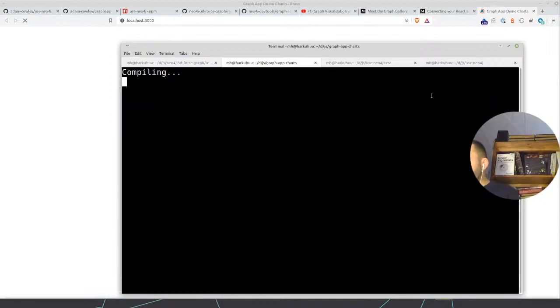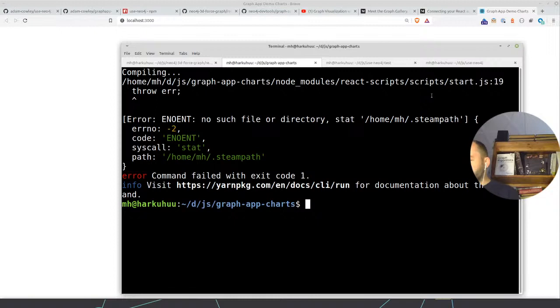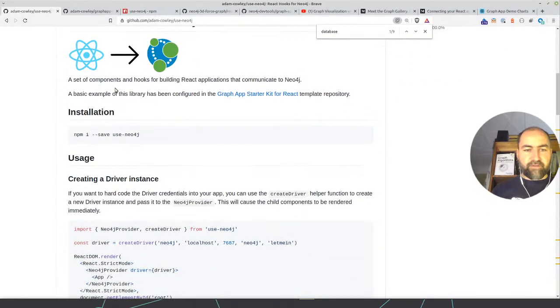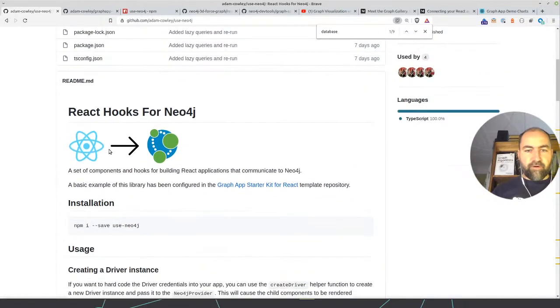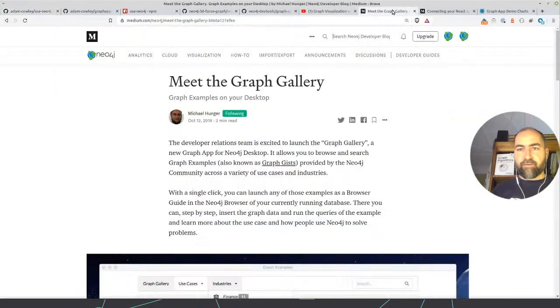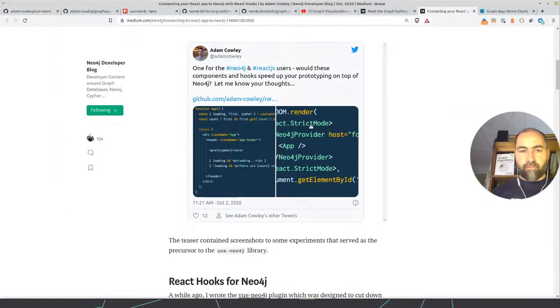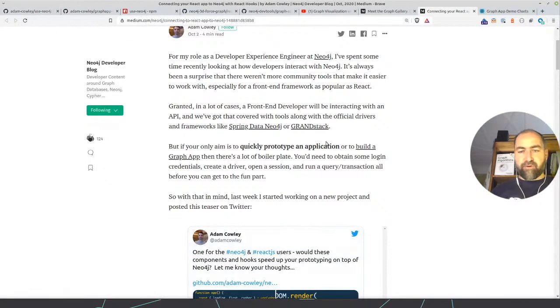Yeah. So, I said it at the beginning, you might have become a little bit late. So this is really meant to be, as Adam also pointed out in the repository, I should probably point it out on the repository as well. It's meant for prototypes, graph apps, demos, proof of concept apps. So they don't have a server API or so that you talk to.